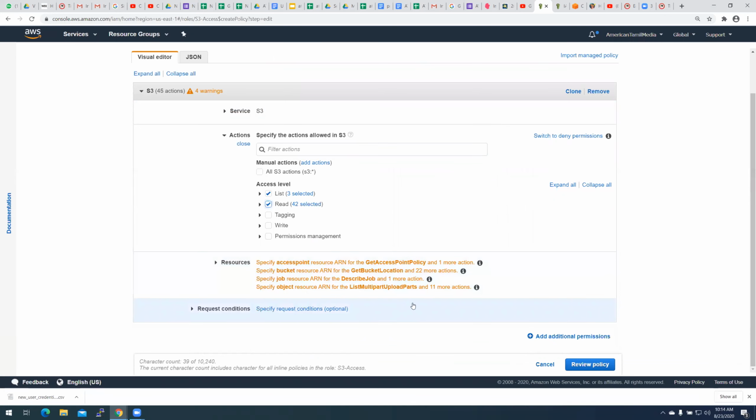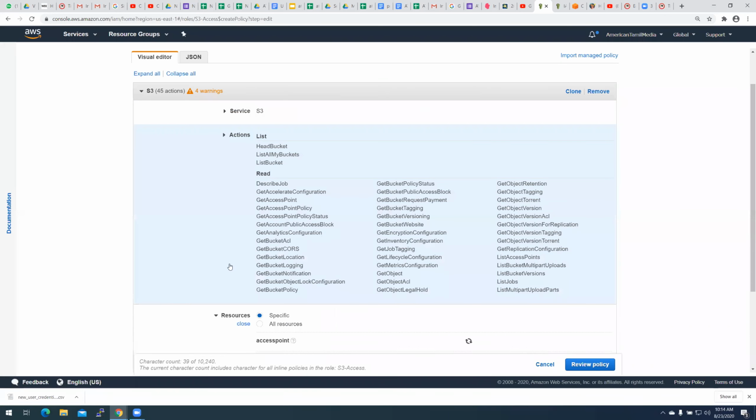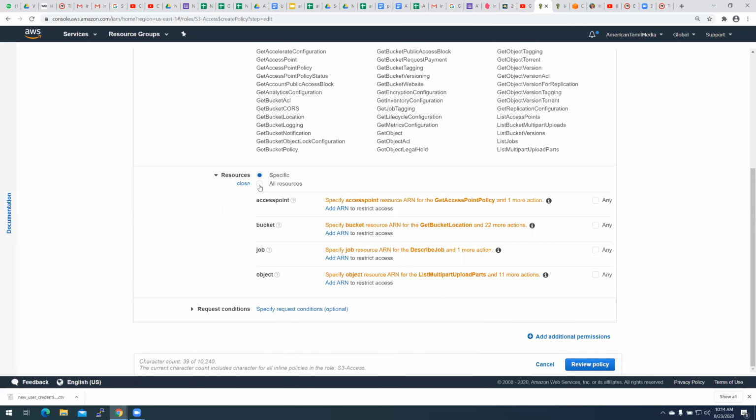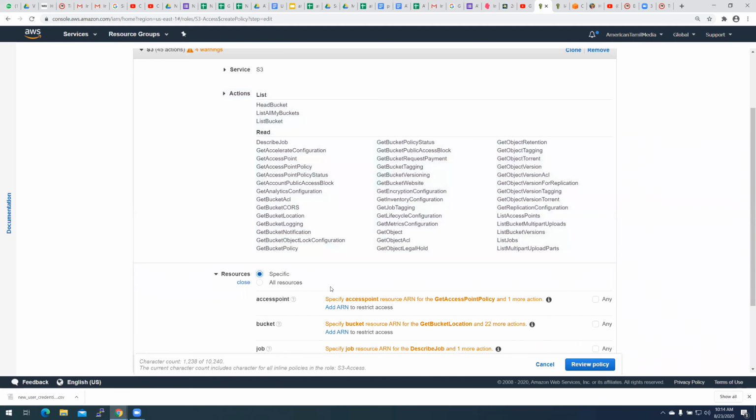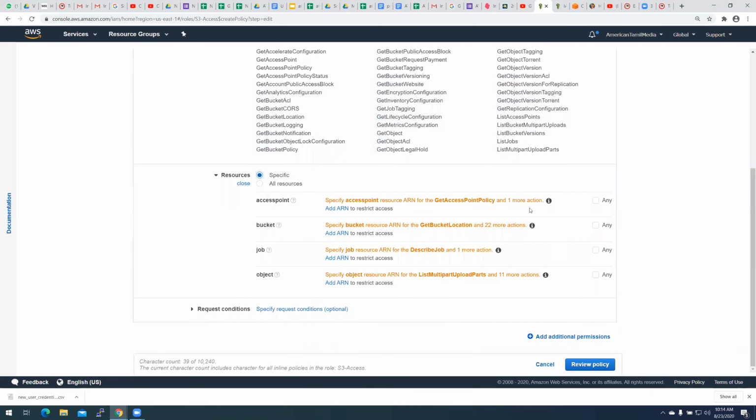If there is any particular directory or specific resource, you can define that, or all resources. If there is one bucket I want to give, I will define it over here. If there is any specific thing, then I have to give the ARN of that.